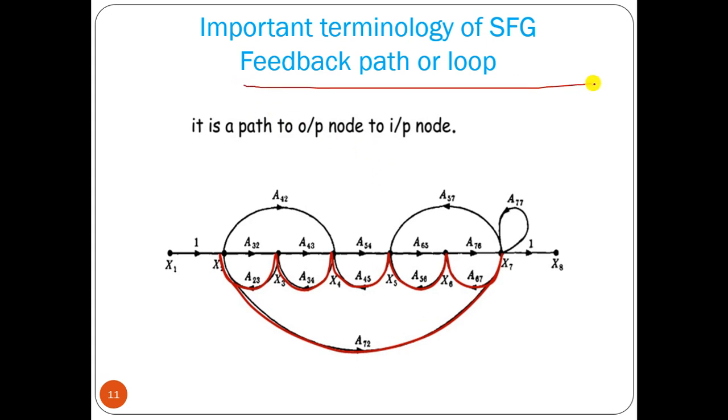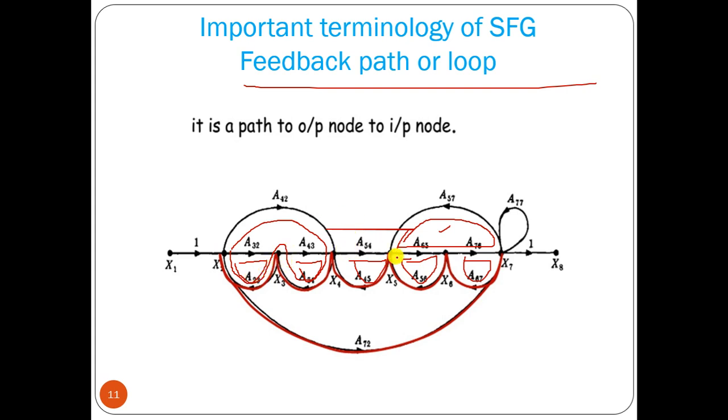Now feedback path or loop. So these are the examples of feedback loop. This is one example, two loops, and we can have another feedback path that is this way and it is coming back this way. This can be another loop. Okay, so we have here so many loops. Okay, 5 loops, this is 6. Okay, and this is from here to here. Okay, then coming back through this way, another loop.